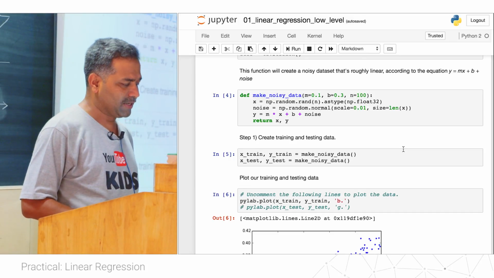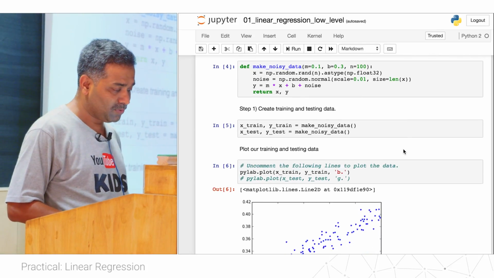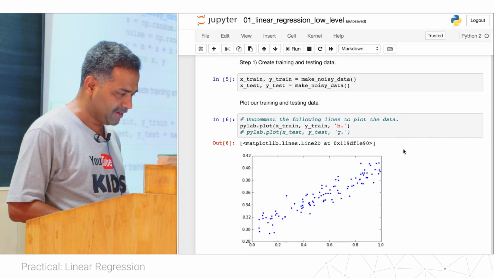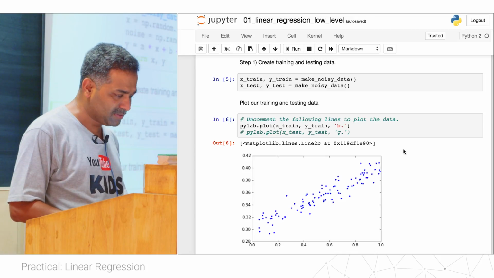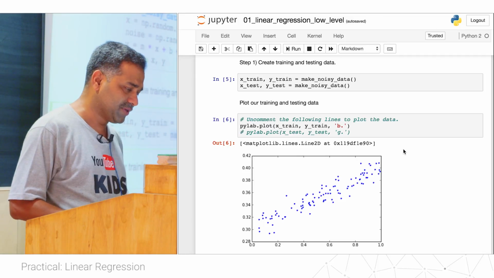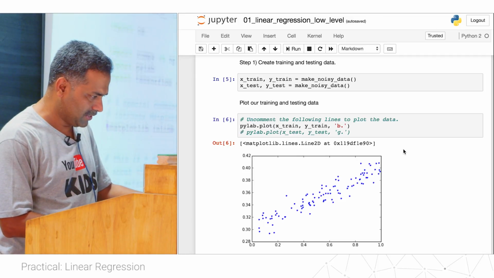The first step in a machine learning algorithm is to get train data and test data. We use make noisy data to get training features and training labels. I call the same function and get test features and test labels, correct?